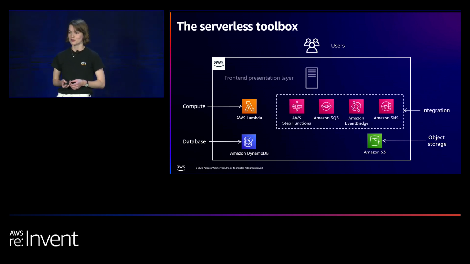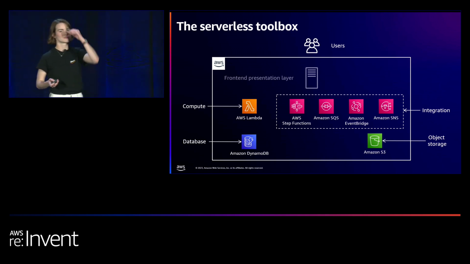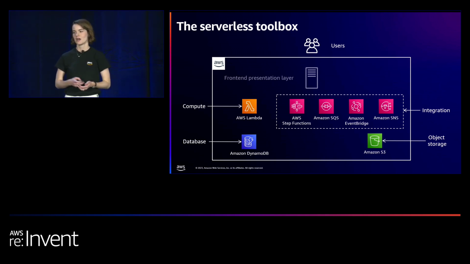Next, get into integration services. I mentioned this is what I get to go to market for in my current role. So these are a bunch of really cool services that provide very purpose-built integration features within your serverless application. So think about things like AWS Step Functions for building workflows and orchestrating a number of AWS services into a particular order, Simple Queue Service for building message queues, EventBridge for event filtering and routing, and Simple Notification Service